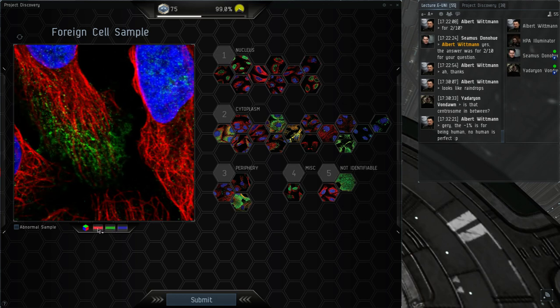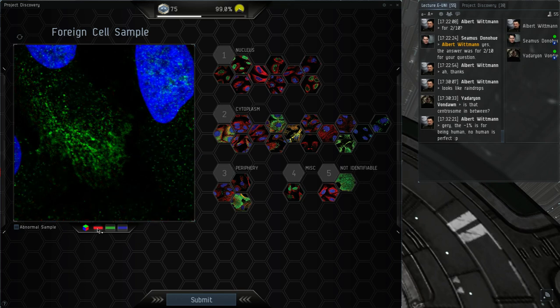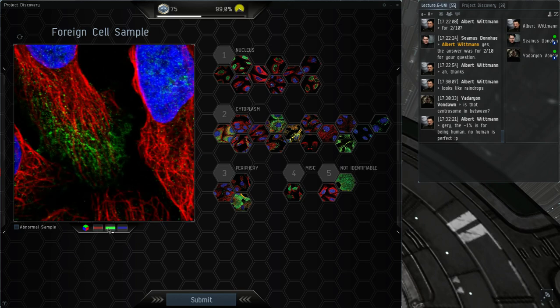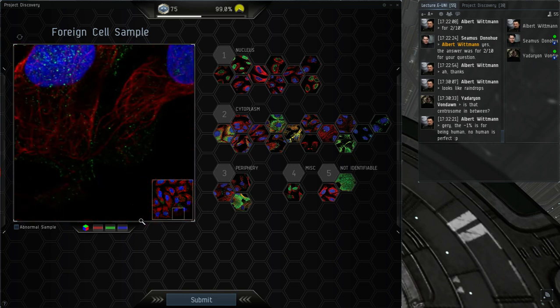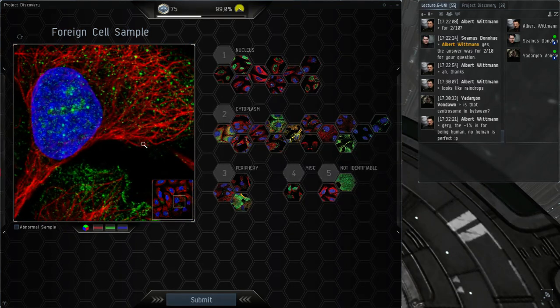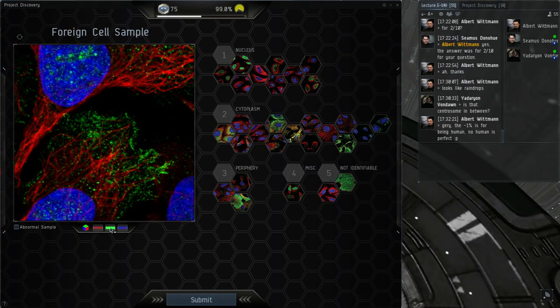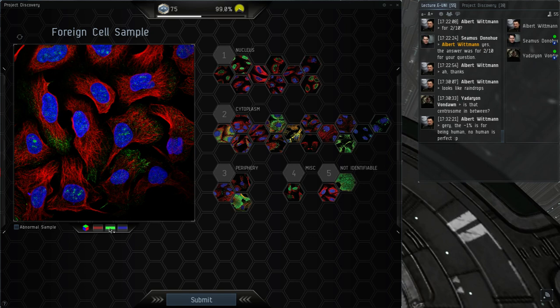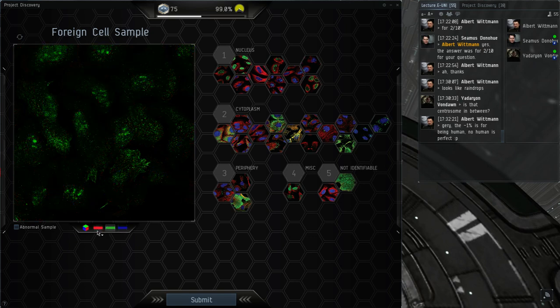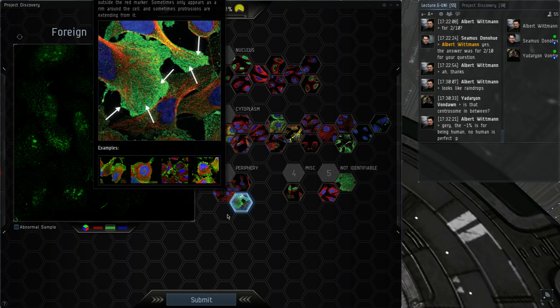And the plasma membrane is the cell membrane which encloses the cell. So in order for things to go into the cell, it has to get through the membrane in some way. If you have small molecules like ions, it can just diffuse through. But if you have larger molecules of proteins, they have to be actively transported through. So yes, I think I will go for plasma membrane here.